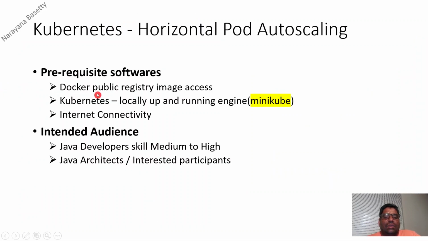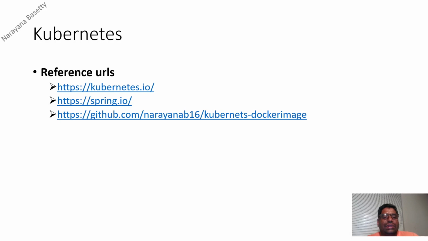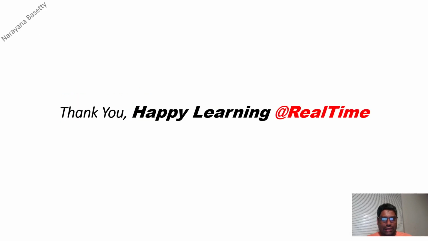And these are the prerequisites: Docker public registry, because I'm going to use my public registry for getting the images, and Kubernetes up and running. Here I'm using Minikube, and the intended audience is at least 6+ years of Java developers so that they can understand better, and architects. So these are the reference links, and now